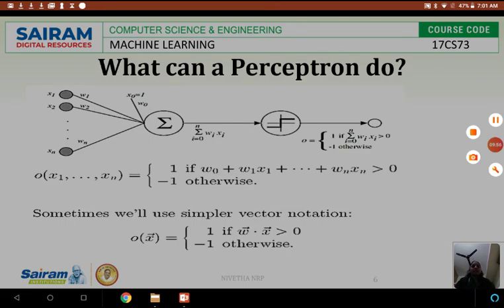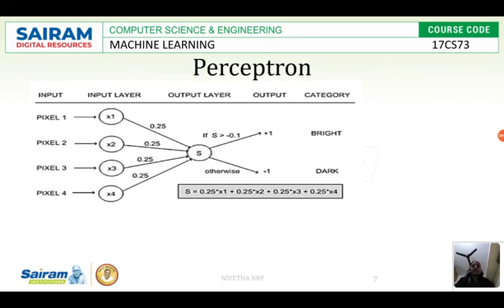See, here we have the input that is given as an image. We are not going to directly give an entire image as an input. We convert that into pixels, into 4 pixels, x1, x2, x3, x4, and we give them to the next layer, that is the hidden layer.